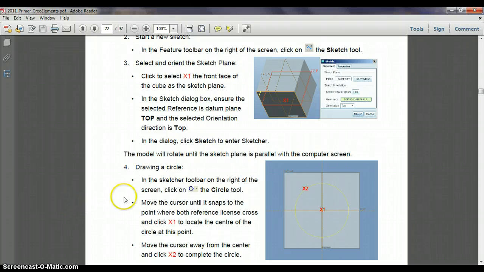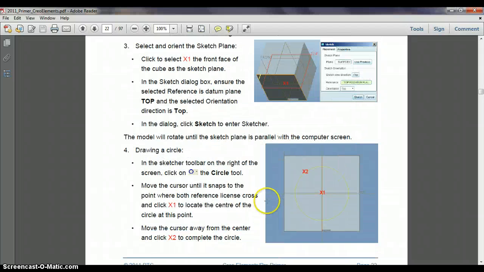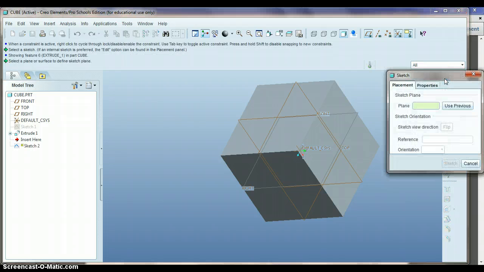Alright, our next video here is going to deal with creating the holes in the cube, and we'll show you how to do that. So I'm going to go to Creo, and we have our cube here, and what we're going to do is click on the sketch tool, and click on one of the surfaces. It doesn't really matter which surface because they're going to have a hole on each side, but I'm going to click on this surface here just because,